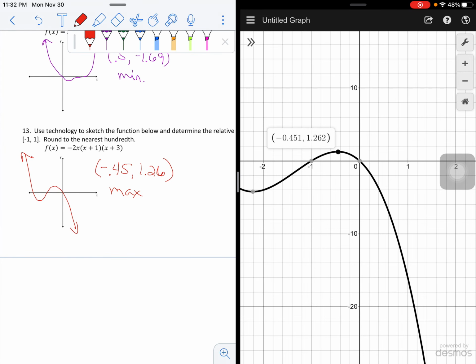Now, whether you pick Desmos or Calculate 84, it does not matter to me in the slightest. Both of them are going to give you the same information. It's just a matter of which one makes more sense to you. If you have any questions with either of these techniques, or you have other technology that you're trying to use,